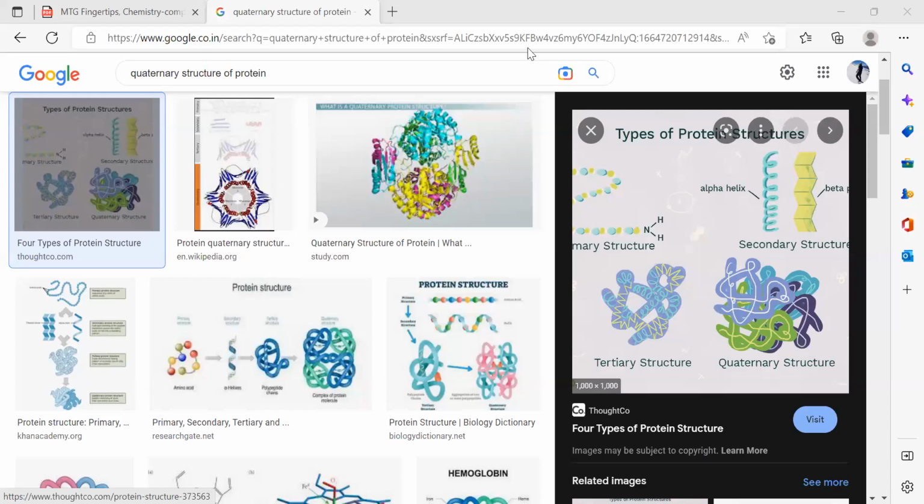So you can see in this picture, quaternary, primary, and this is our basically